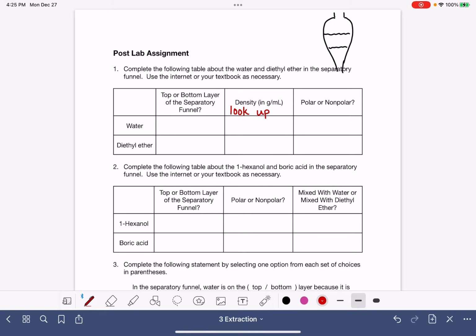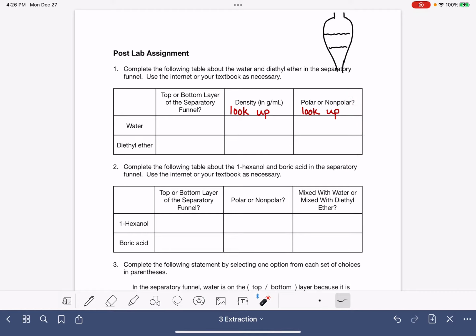And you also need to report whether the substance is polar or nonpolar. Now this one, you can kind of tell if a substance is polar or nonpolar by drawing its structure out and looking at intermolecular forces, but it's faster and easier to just look that up. So just do an internet search. Is water polar or nonpolar? Is diethyl ether polar or nonpolar? Answer those questions. Now, in terms of the polar versus nonpolar, these two substances are going to have different polarity,